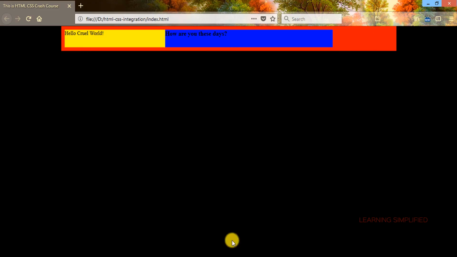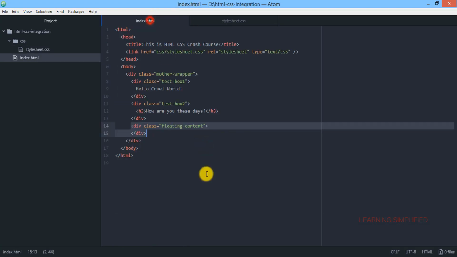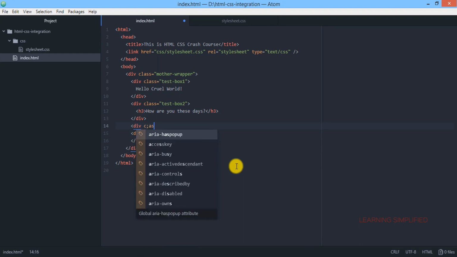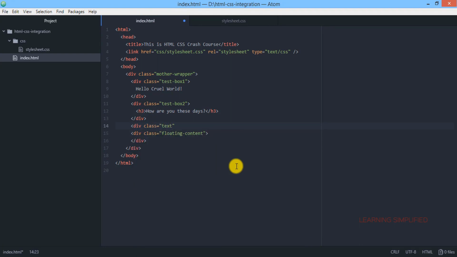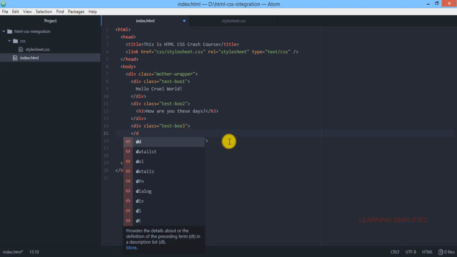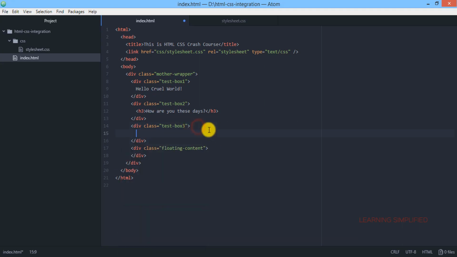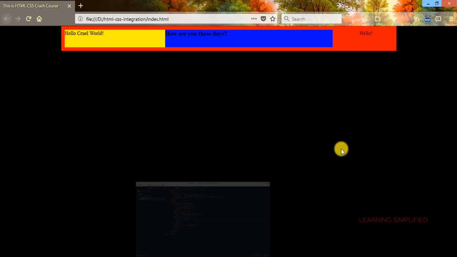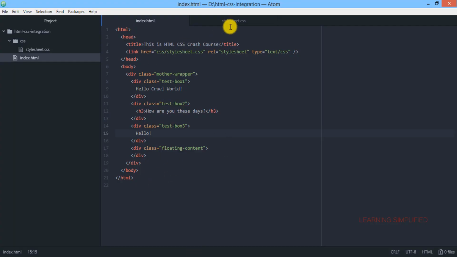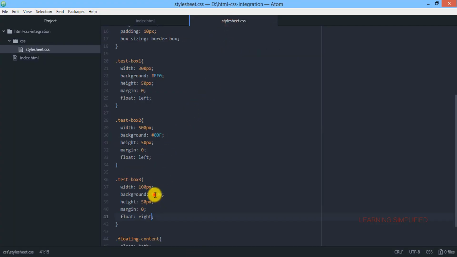If we get back to index.html, and here we use this particular text, get back to your project and reload, and you can see that this will be the result. I think we have provided the red colored background here, and that is why it is not executing the same thing that is intended. All we are going to do is create this one, reload, and this will be the result.